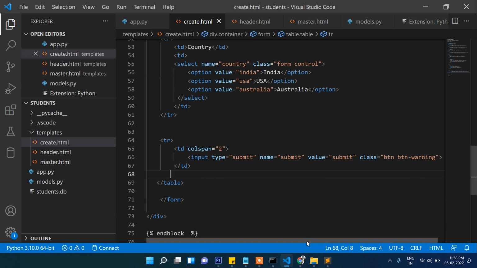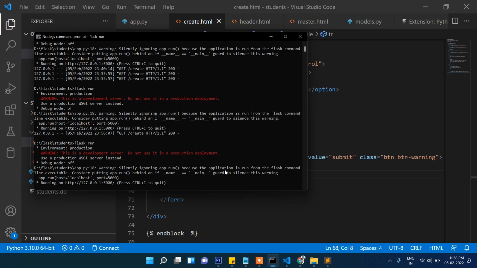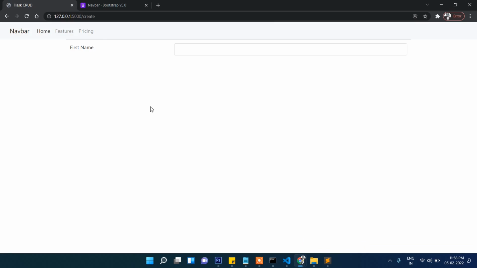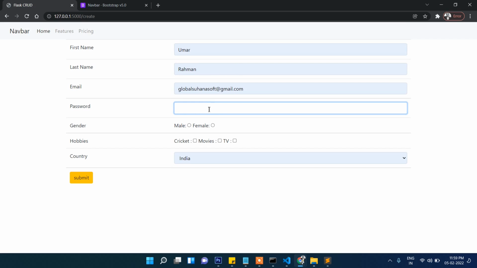Once again let's break and run the application. Let's go here, refresh it, and you can see our form is ready. So first name, last name, email, password, gender, then hobbies and country. So finally our insert is ready. But if I write anything here, it will not do anything because in the controller I have not